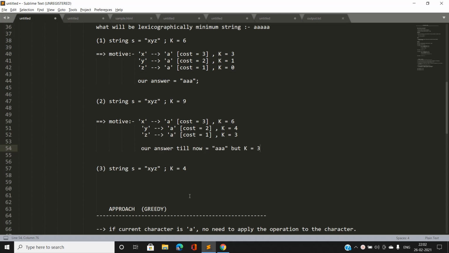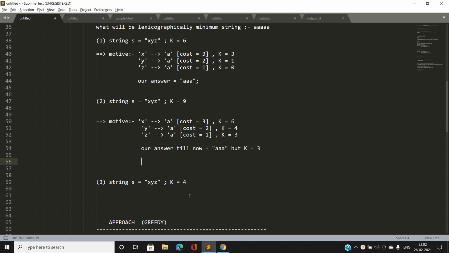If some k is still left, then use that k for the last character of the string.